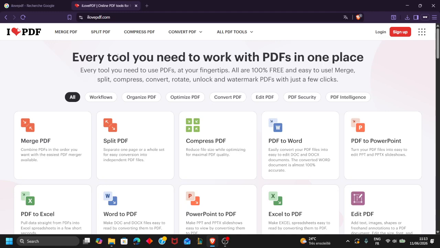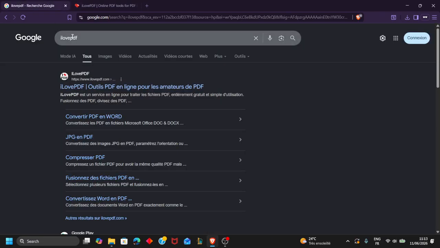In today's tutorial, I'm going to show you how to compress a PDF in iLovePDF in 2026. So let's get started. Now, compressing a PDF helps reduce file size, speed up uploads, save storage space, and also make sharing much easier. First, you're going to make sure to open iLovePDF by going to Google and then typing in iLovePDF